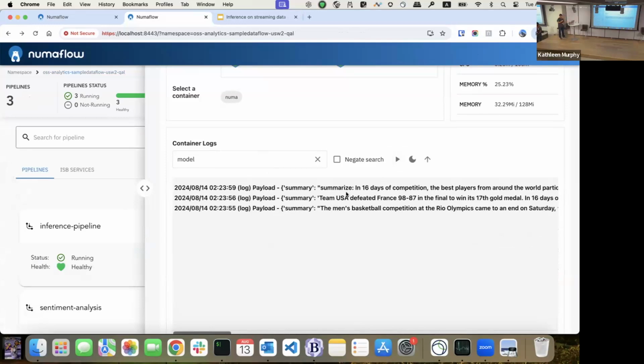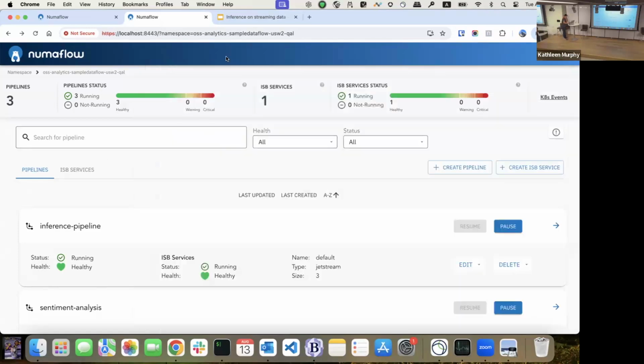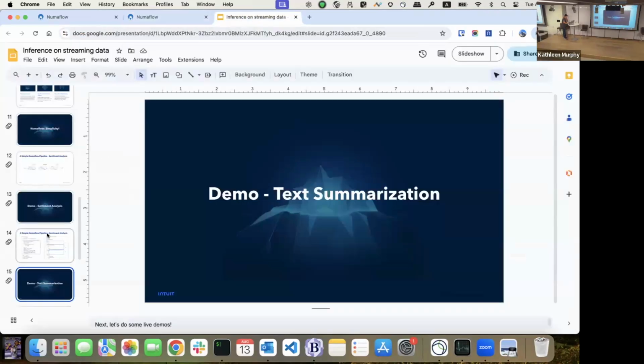Right? So it's a very typical use case for A/B testing. You can easily add any kind of model branch to your pipeline without making any change to the existing data processing logic, let's say your inference logic. Okay, so this is my second demo. If we could come back to the slides.